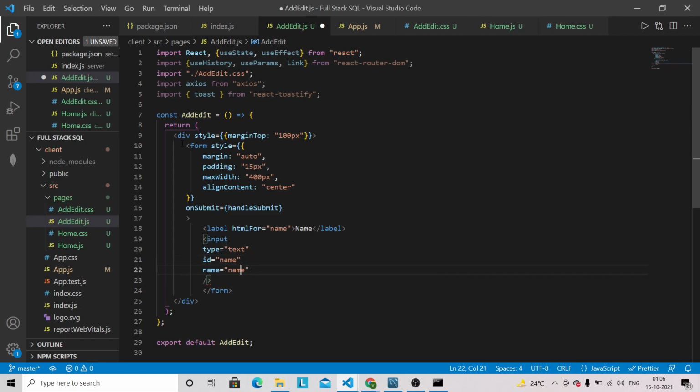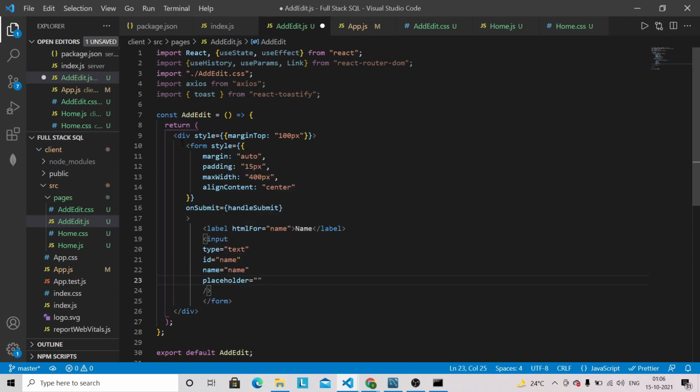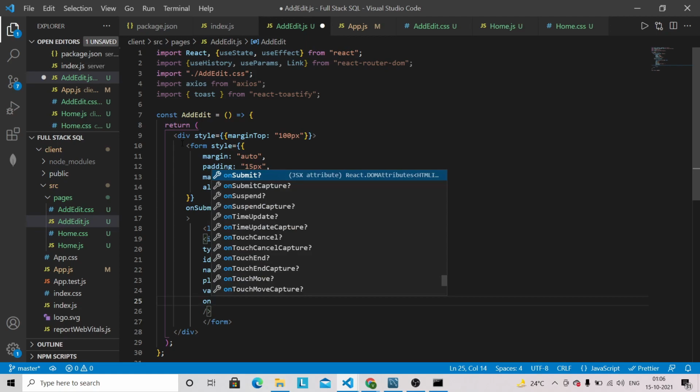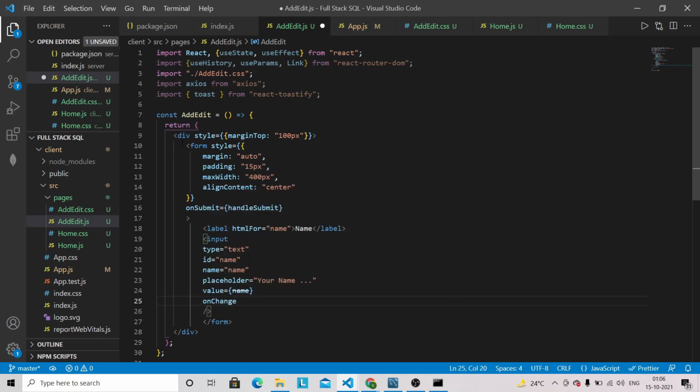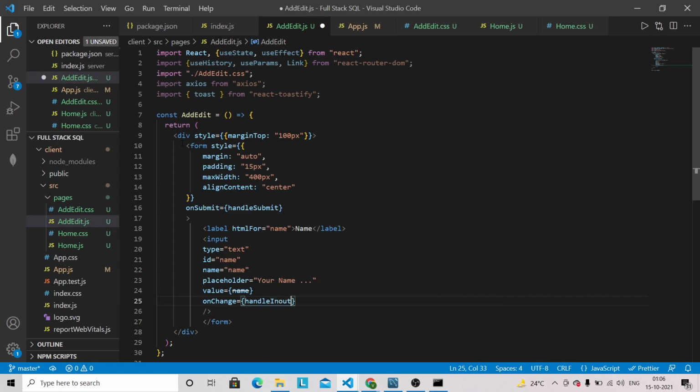Let's remove this comma. Then we are going to have a placeholder, so your name you can give something like that as a placeholder, then value name, and onChange, so onChange we are going to have handleInputChange.